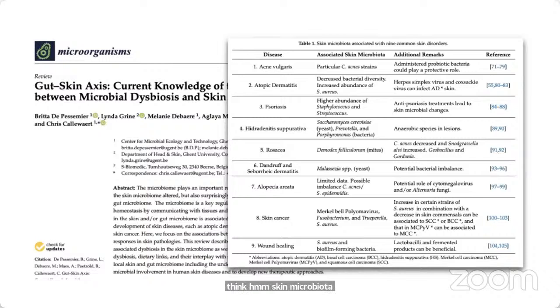In addition to exploring the skin microbiota for a variety of these diseases, one can also relate to the abundance of microbiota present in the gut and their influence on the diseases that one observes in the skin. And this relationship is known, or is actually termed, the gut-skin axis, right?